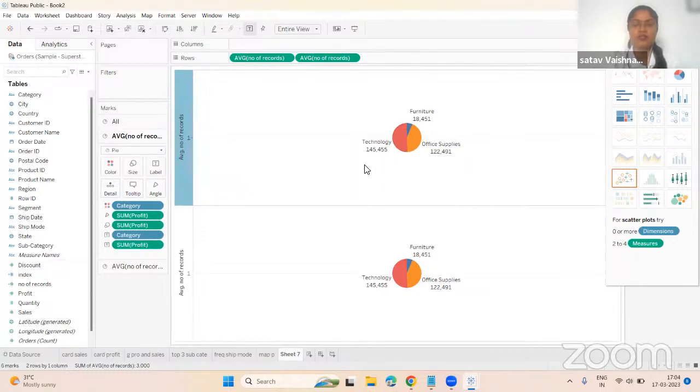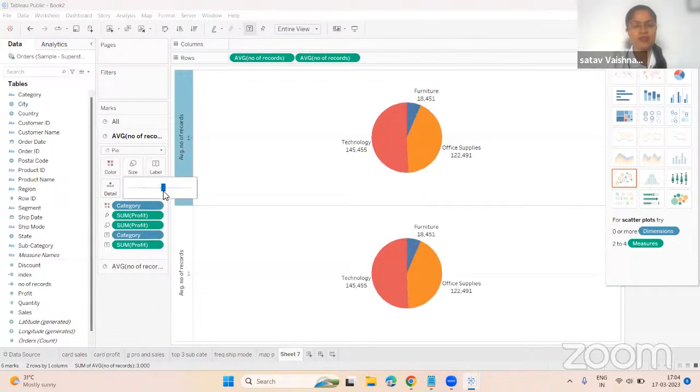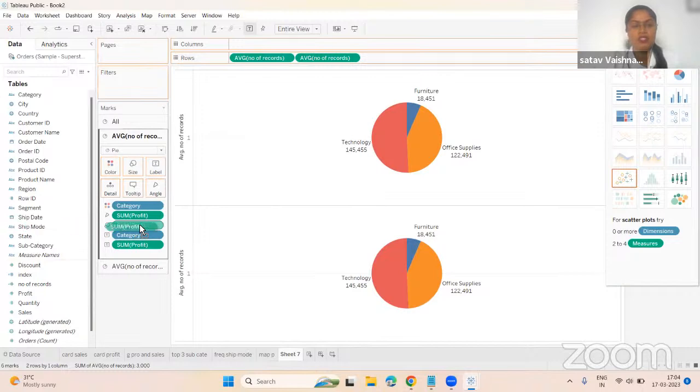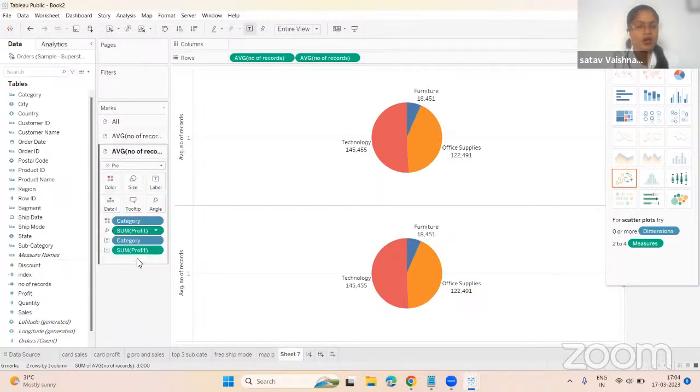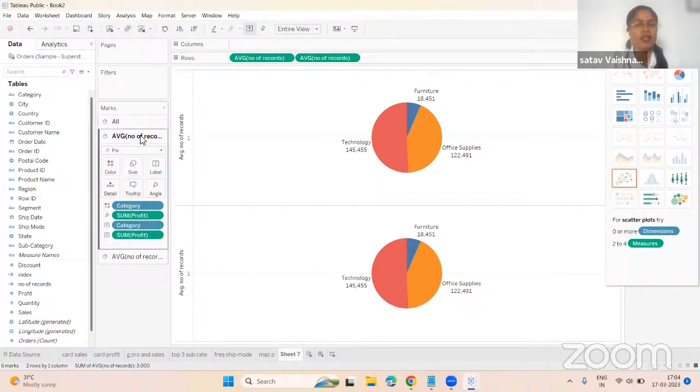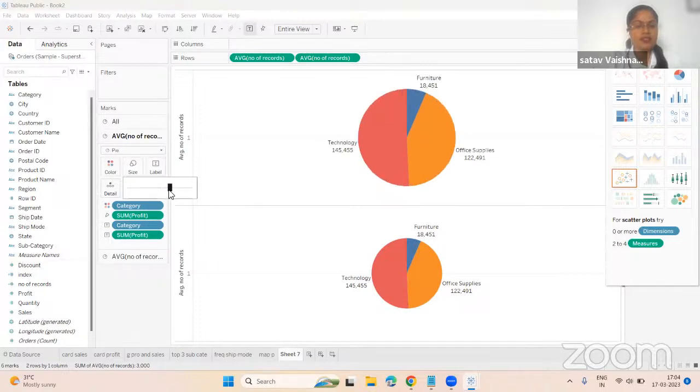Is it aligned? Yes. And just here, if we increase the size, you can see that both are increasing. So this happens sometimes. Don't get nervous if this situation happens. Just the sum of profit जो है यहाँ पर fill, आप इसे remove कर सकते हो. जो size के लिए option आया है, वो आप remove कर सकते हो. और यहाँ पर भी आप remove कर सकते हो. All right. So now individually you can increase the size. अगर आपको ये है profit के लिए, ये पहला average record के लिए है, so you can click on the size over here